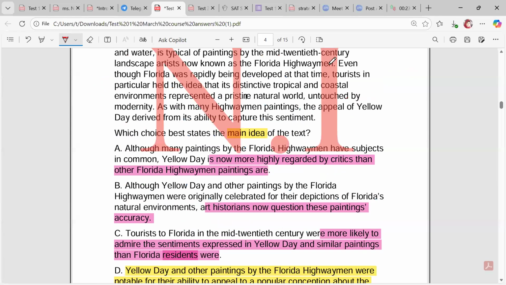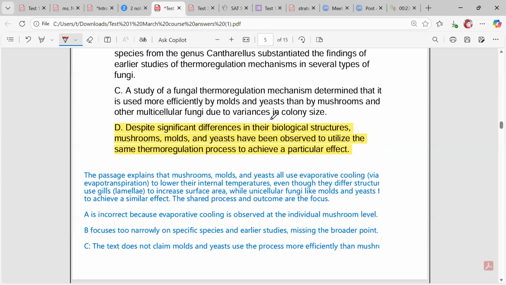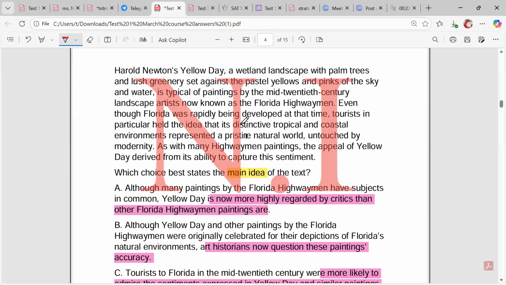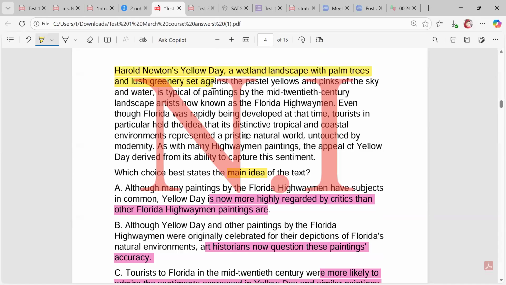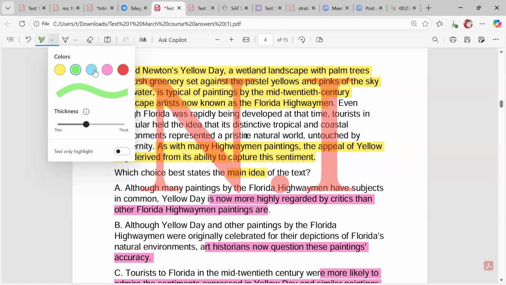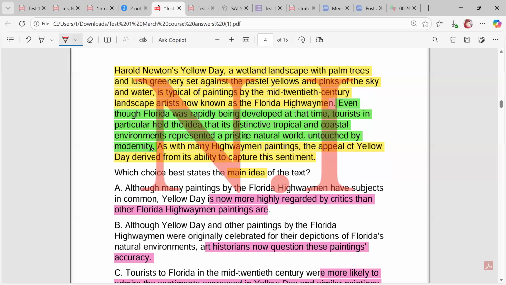Let's go for this one, and this has to do with the main idea. I guess these are the last two questions. This question asks you about the main idea. The main idea is just a general question. Focus on the beginning and the end. Okay? So what about the middle? If you have several details in the middle, try to cover the majority of them. Don't focus on only one detail, because I want the main idea.